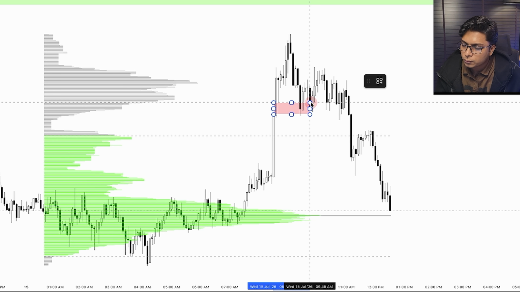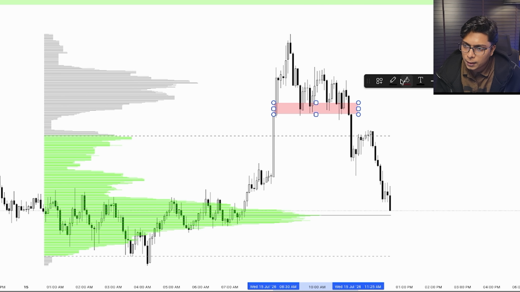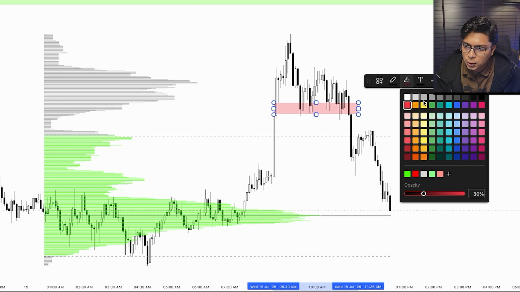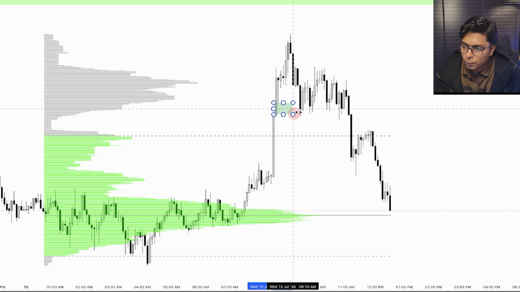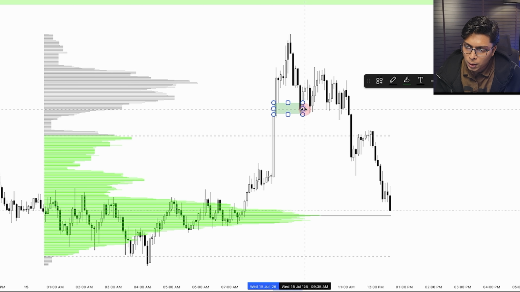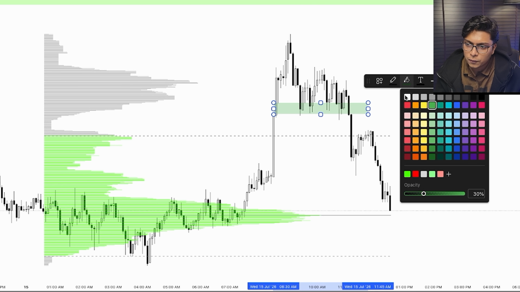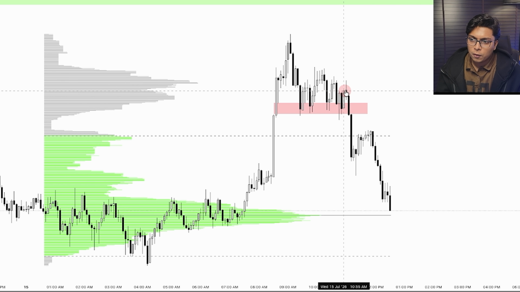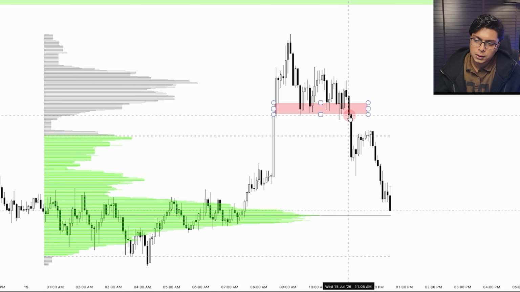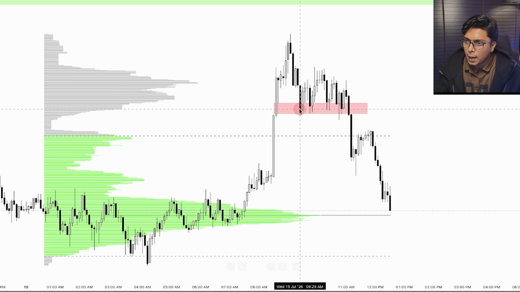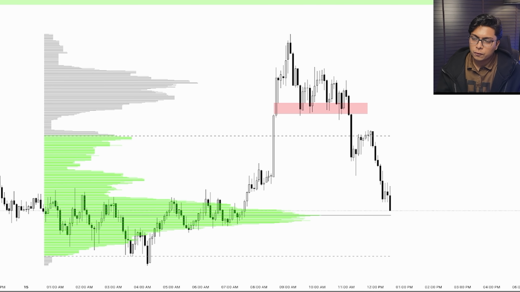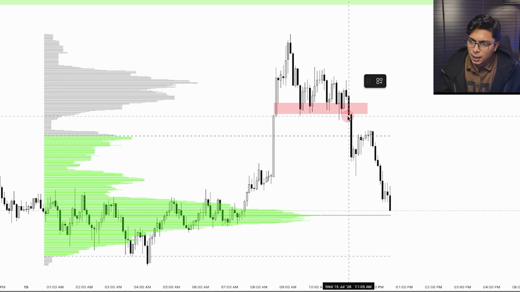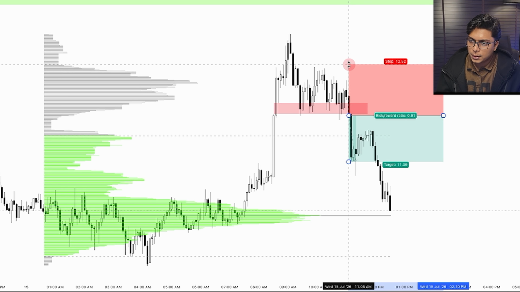here, and let's extend this toward the right side and convert this. It was green before the price inverted it, but now you can see it is going to turn red because it is going to act as a resistance for us. When a full bear candle closes, then the IFVG forms, and after that closing, what we are going to do, we are going to take a sell and